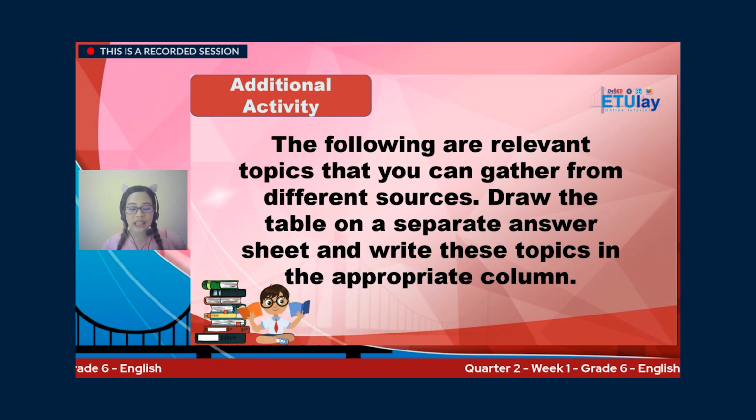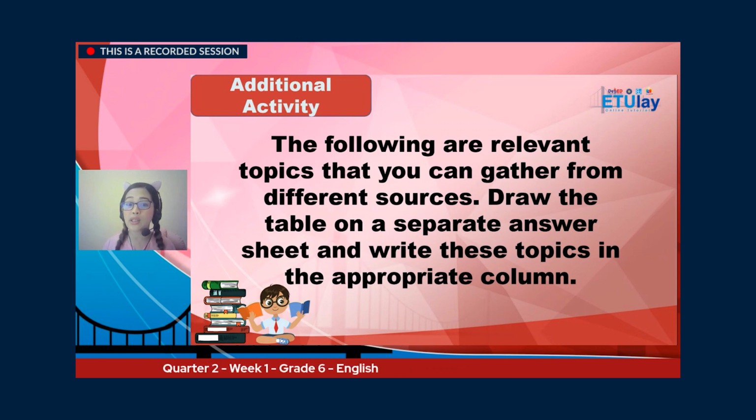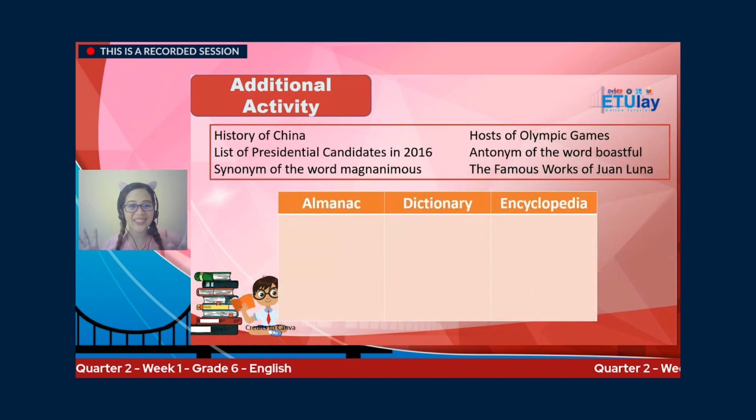And for our additional activity, learners, the following are relevant topics that you can gather from different sources. Now, draw the table on a separate answer sheet and write these topics in the appropriate column. Here are the topics, learners. We have history of China,